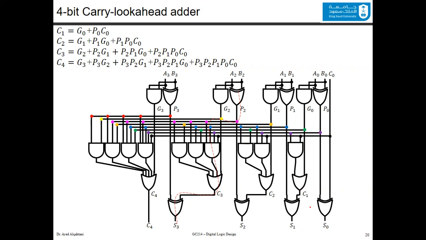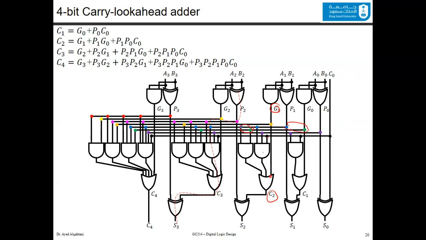You can also notice the idea that we just discussed, that a carry one is either generated from the same stage, or it is propagated from a previous stage. Similarly, for C2, you can follow the same equation to make sure that this OR and is correct. It's either generated here or it is propagated from a previous stage